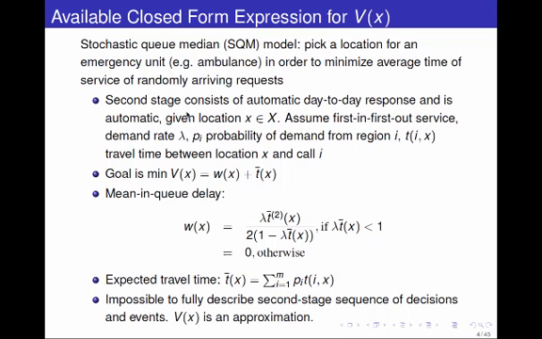So t of i comma x is the time it takes to go help out customer i if we're located at location x. So the average traveling time for all customers is summing over the weight pi. So the fraction of requests that are coming from location i is pi, and the average time is t bar